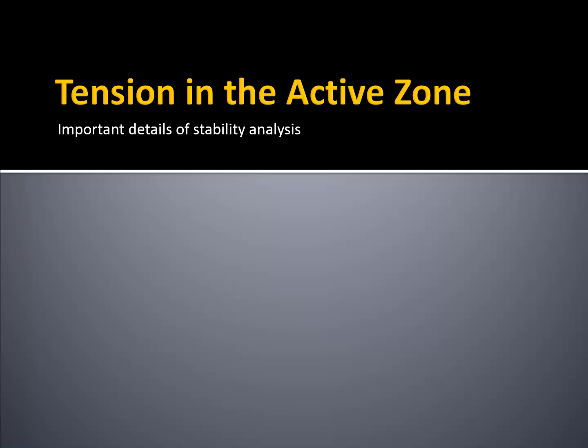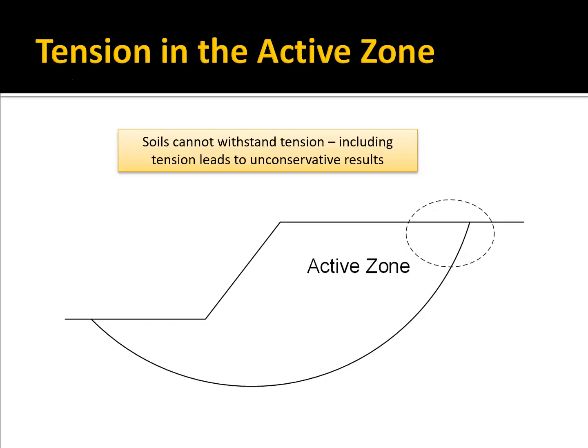Okay, our next topic is tension in the active zone. This is something you encounter quite commonly in slope stability analysis. The active zone is basically the top of the slope. And since it's shallow, if you have cohesion in your material properties, you could get